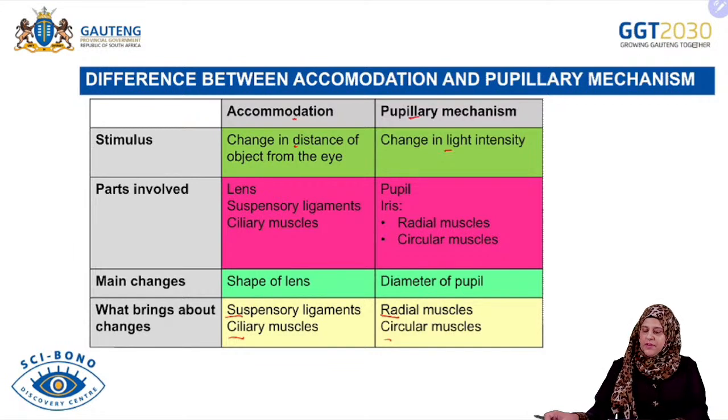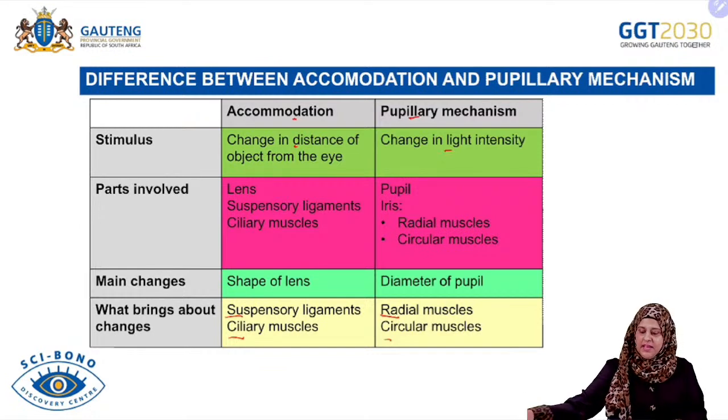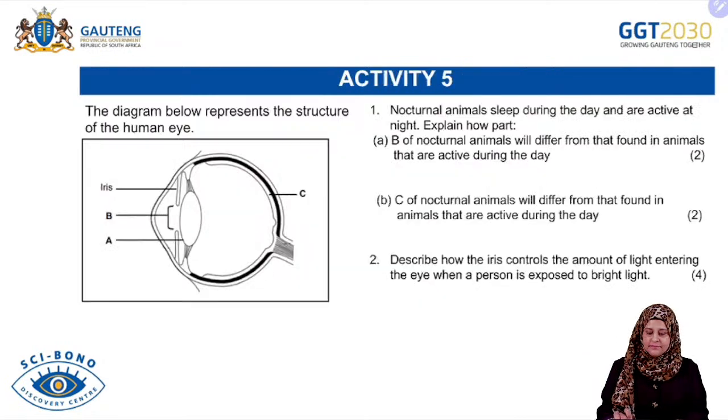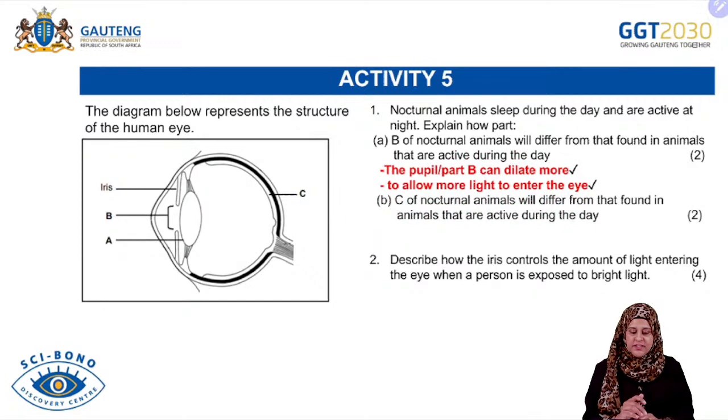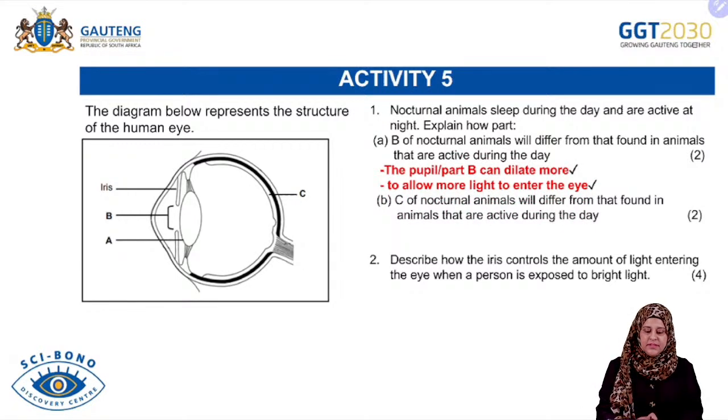Okay, so now we're going to look at some activities, and at the typical kind of questions that are asked in the exam. The first one says this diagram represents the structure of the human eye. Please read what is above the diagram. What we tend to do, learners, is we don't read and we go straight into the question. It says here, nocturnal animals sleep during the day and are active at night. Explain how